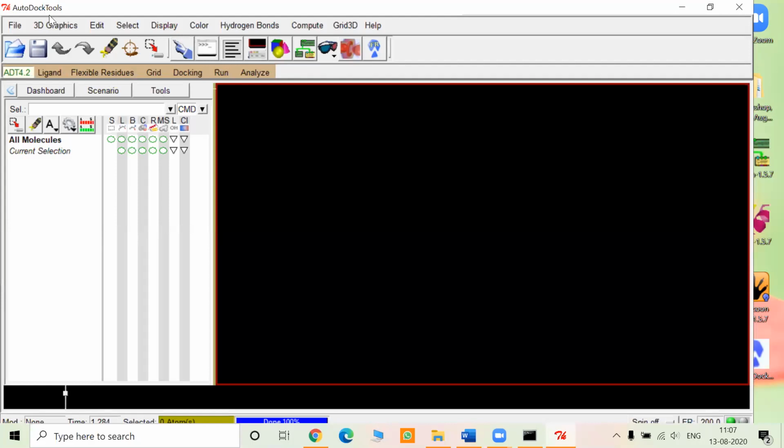Now I told you this is the toolbar, this is the menu bar, this is the general toolbar, and these are the command bars which are available over here. See my cursor where I'm putting it, I'm just putting it on the ligand. Okay, so now before going to this AutoDock process, step number 1 is that